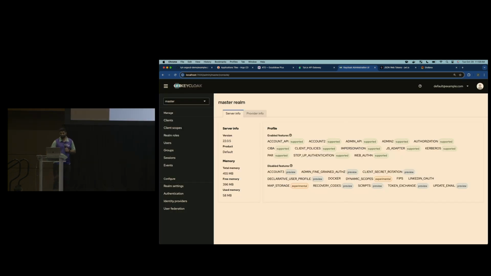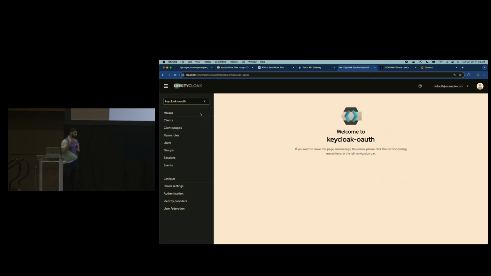The two things I really want to talk about are, first of all, realms. Keycloak has this concept of realms where it allows you to create different profiles, manage them completely separately to manage your authentication, authorization, and just being an identity provider. Now, one of the beautiful things about the realms is the fact that you can actually export the entire realm definition.